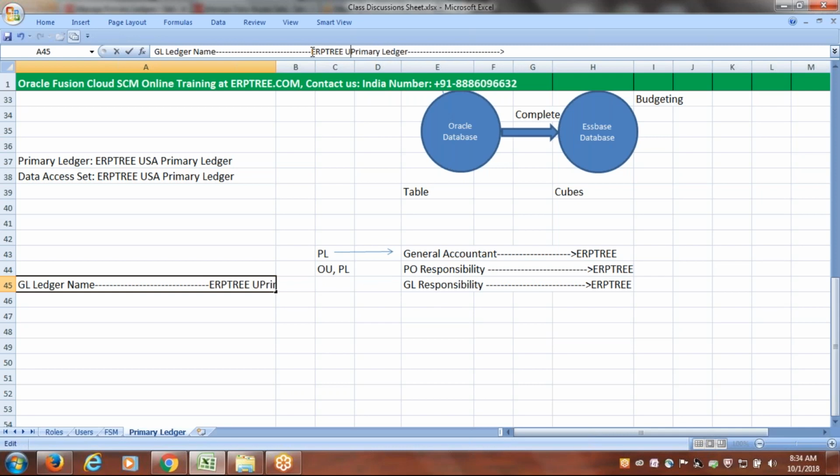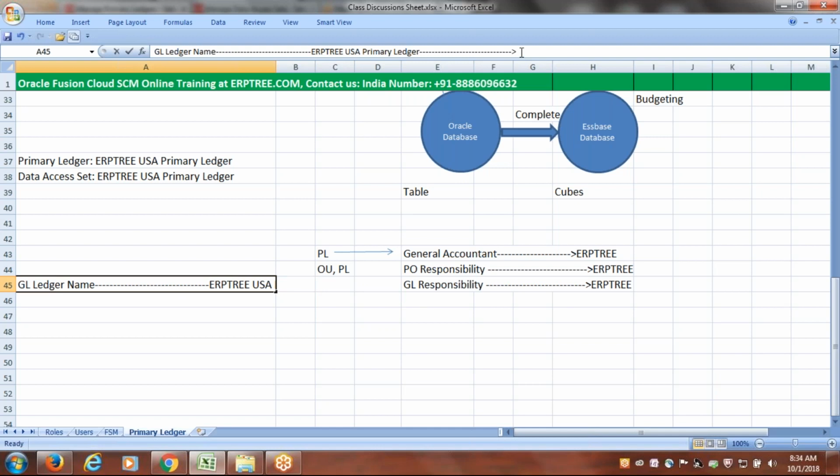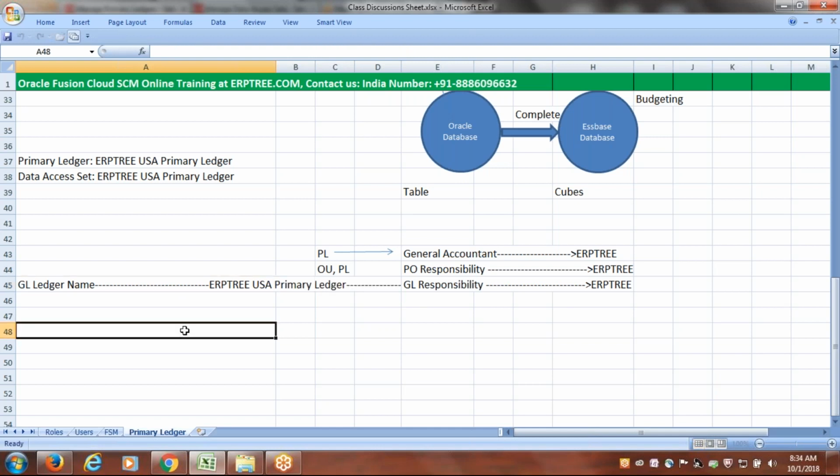ERP3 USA primary ledger. Okay. When you assign this ERP3 USA primary ledger to GL responsibility, I'm talking about EBS. Same logic is applicable for Fusion. Slightly they changed. We have to understand that. When you assign ERP3 USA primary ledger to GL responsibility by using this profile option, what system will do is